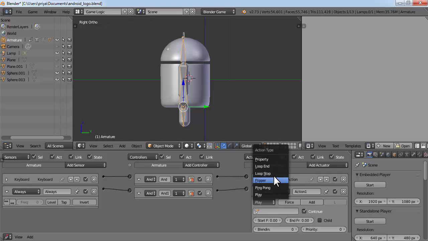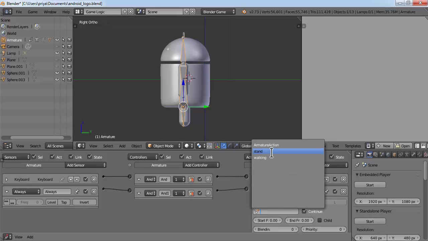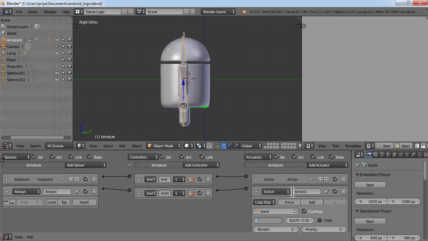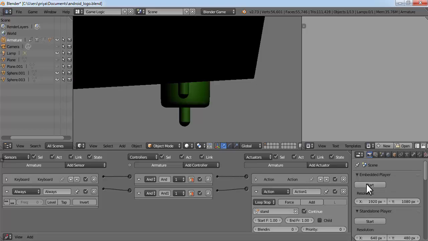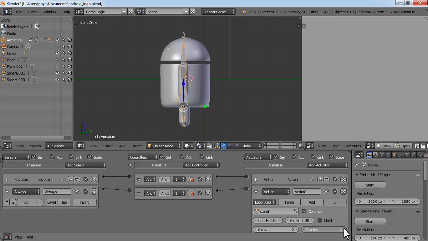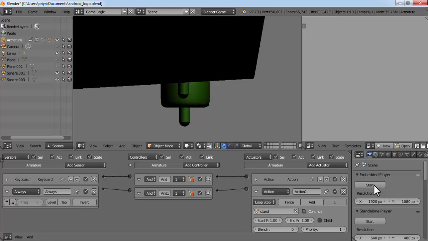Select loop stop and select stand action. It is 1 frame long, so start is 1 and end is 1, and make priority 1. If you don't make it 1, if you leave it 0, then when you press up arrow, it won't move. So you have to make it 1 so that the higher priority is walking, and when you leave it, it